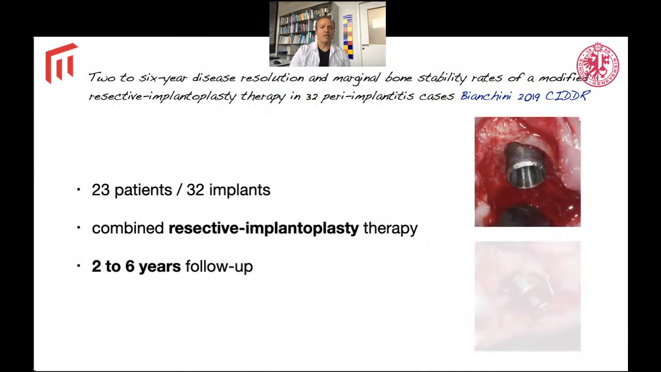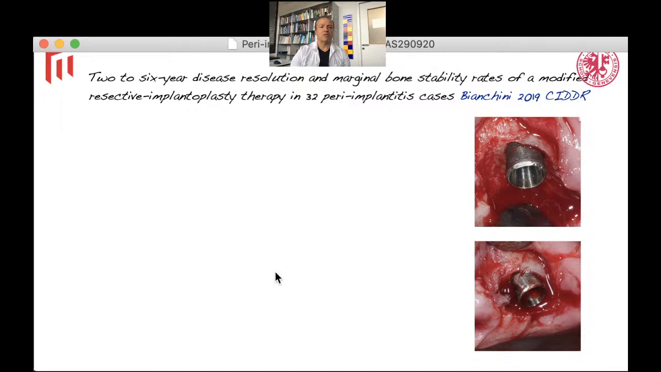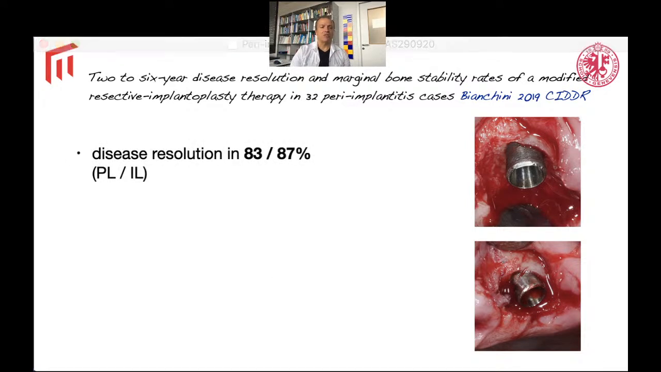And indeed, there are some case series, primarily case series, reporting on implantoplasty. As you can see here, this modern study published last year does not have too many implants, but basically shows the same outcome. After 2 to 6 years, of these 32 implants treated with implantoplasty, the vast majority saw disease resolution. That means shallow pockets and no bleeding on probing. And of course,